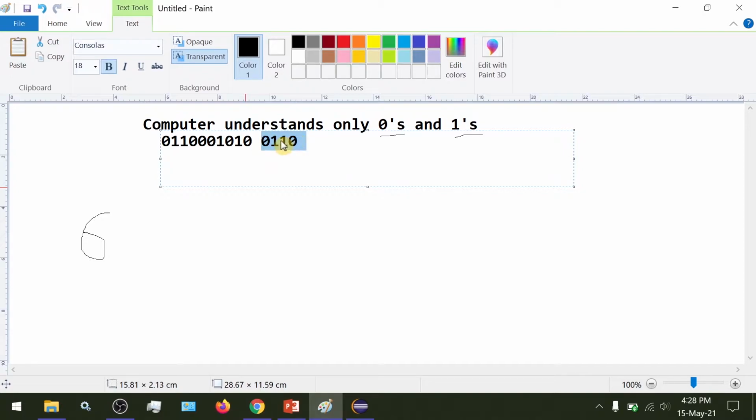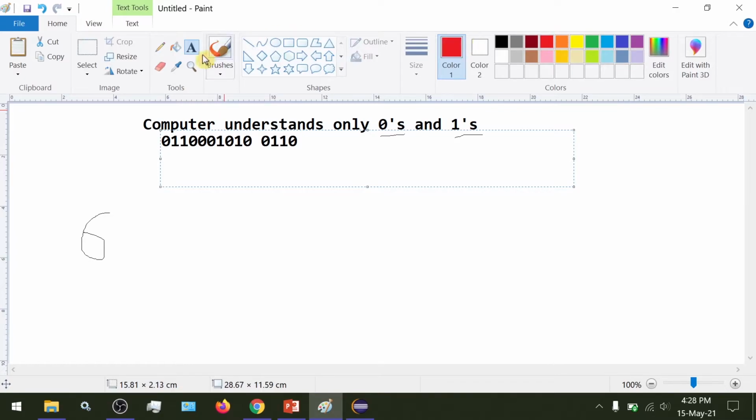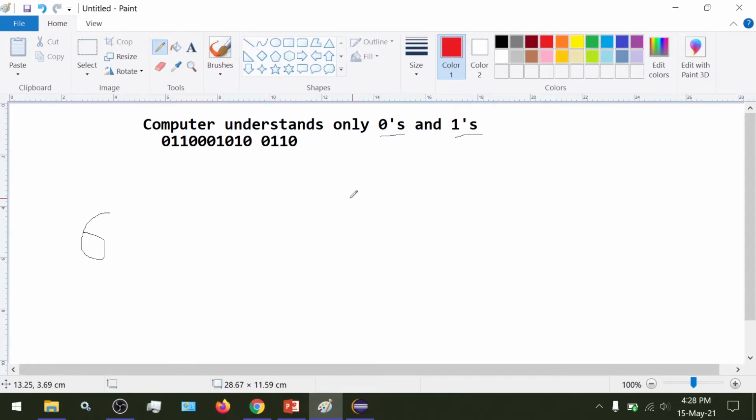But just understand that a computer represents all of its data in a sequence of zeros and ones. It can either be 0 or 1. That's the only thing the computer understands. Whatever data we give in our understandable form, it's converted into a sequence of zeros and ones first, then it is processed by the computer.